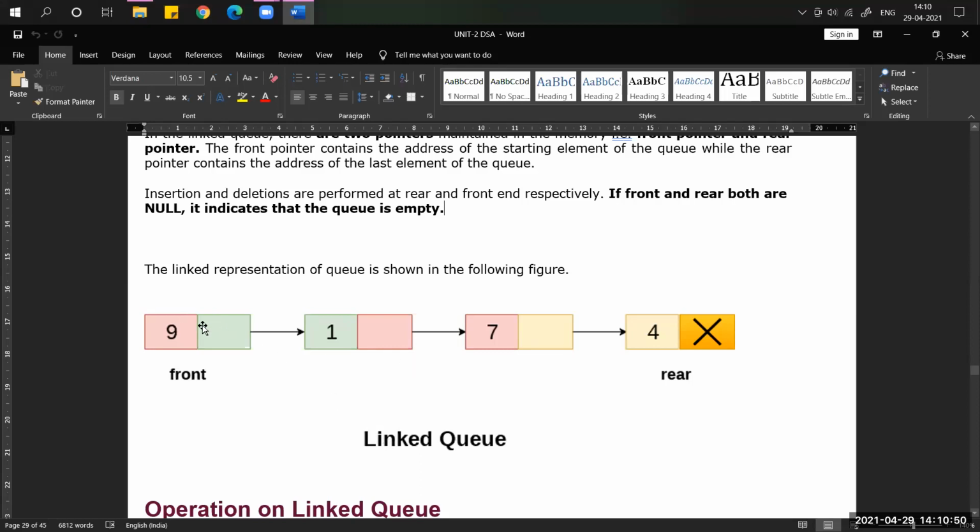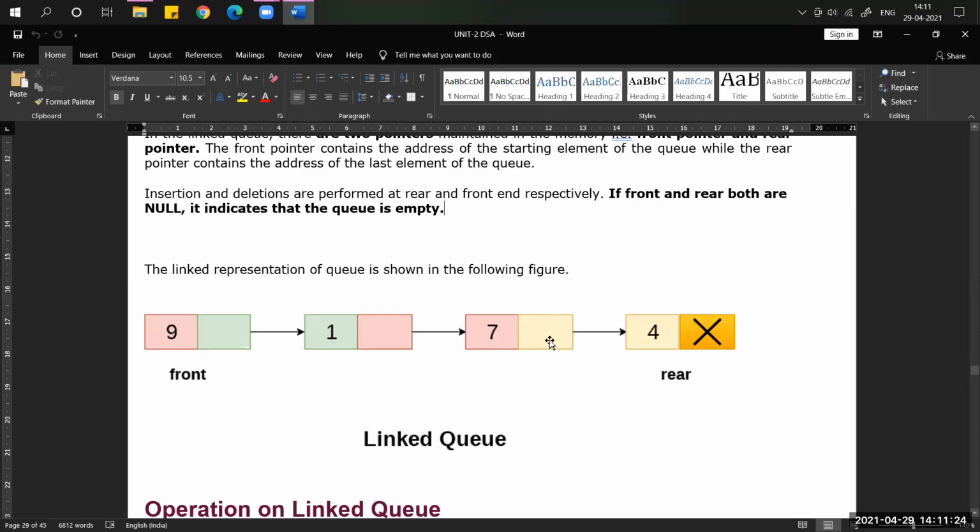So this is a node. Every node has two parts. This is the data part and this is the next part or link part. What does the link part contain? The next node's address. For example, if the second node's address is 100, that 100 should be stored here in this green location so that this node is connected to the second one. In the same way here also, the third node's address should be placed here. The fourth node's address should be placed in the third node's link field. What is this field name?